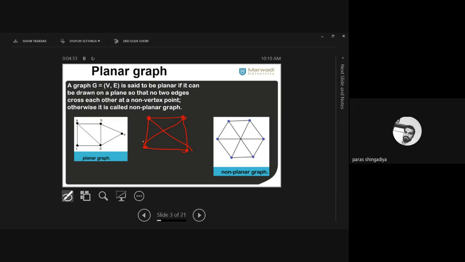But what is our definition? It can be drawn on a plane so that no two edges intersect. So it is possible to draw this graph without crossover. So let's check, can we draw this graph without crossing the edges or not? Consider these 4 vertices again, fix the boundary as it is, consider one edge inside. And now the second edge crosses at this place. That place is called the non-vertex place. There is no vertex inside, so two edges cross at a non-vertex place.